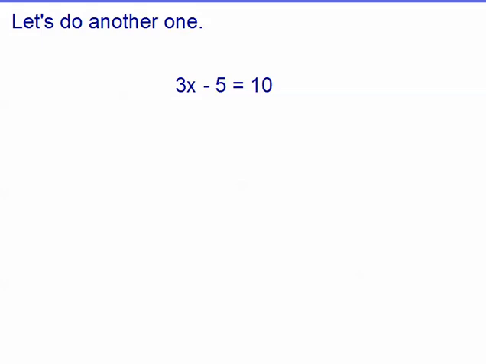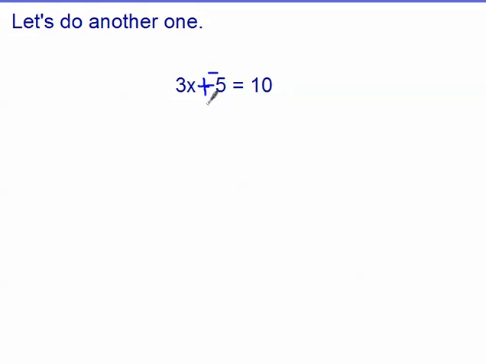3x minus 5 equals 10. Well, in the other problems when we were doing this, if you saw minus, we immediately changed it to plus the next to its opposite. Makes it just a little bit easier to work with. Plus, if you get your numbers out of order, it's not going to hurt you, because in addition, we do have the commutative property. So now I need to get rid of this negative 5, and I do that by